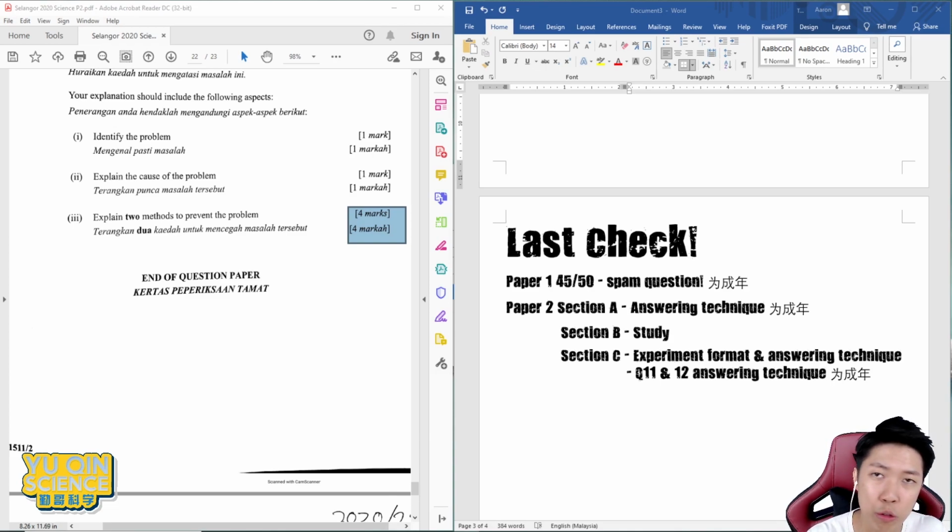And 11 and 12, you choose either one to do. Question 11 and 12 I already showed you just now how. So as you can see, paper 1, paper 2 section A and paper 2 section C is what we've done today, and also during the 未成年 video, 上一次12月的那一个，如果你需要重看的话，可以一直重看这一个部分。